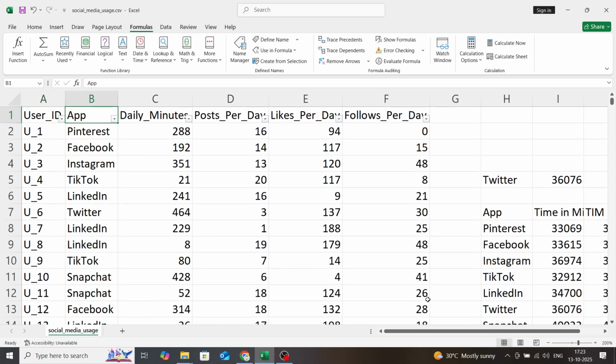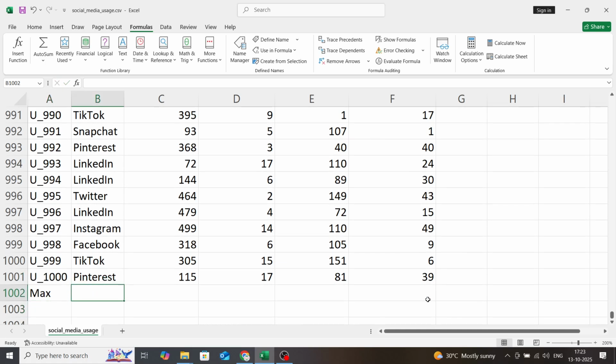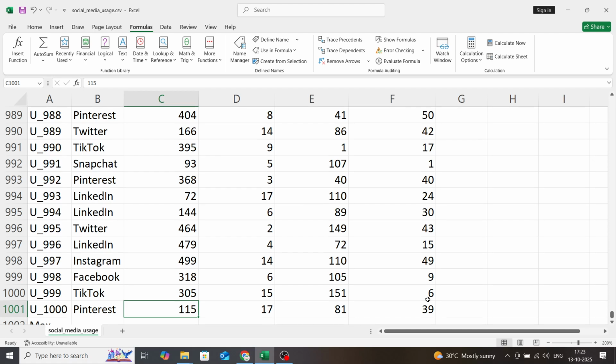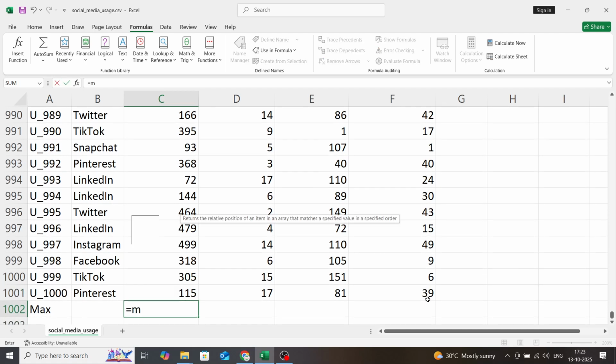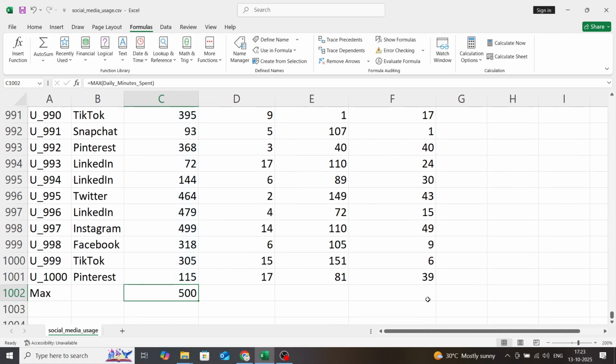And up to this, you know, how many apps are used, and daily minutes means that if we want to know the daily minutes used, we can do posts per day. If you want to know which platform has the highest number of posts, first of all I want to know the highest number from this and this and this and this. So I come here and I use MAX. I want to get the maximum value from this column. So I will use equals MAX, then pass the entire range, then bracket 1, Enter. Now we have the max values available.